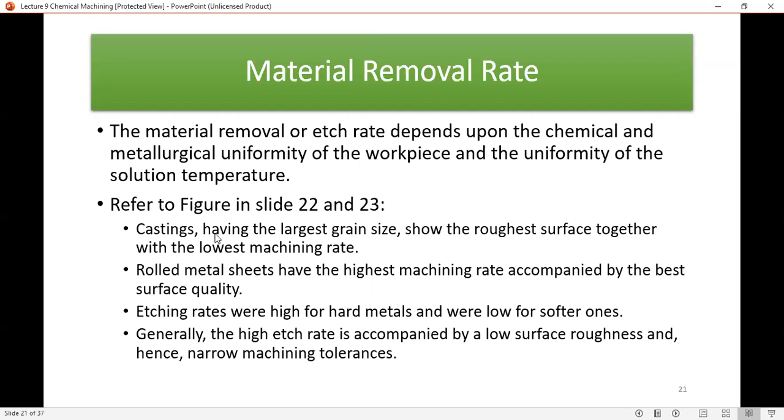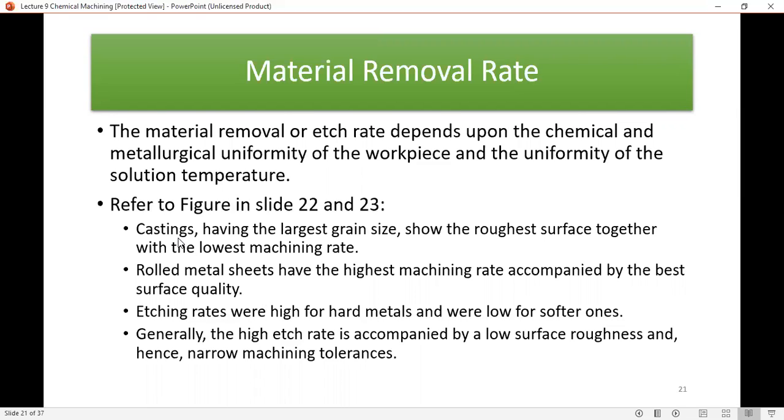Okay. So casting, having a larger grain size, shows a rougher surface together with the lowest machining rate. You have to remember this is an etching process. If you're thinking about the etching process, it is almost similar to the corrosion process, where etching occurs at the grain boundary. So the rate of etch usually is going to be high at the grain boundary compared to the grain surface. Yeah? So because of that,